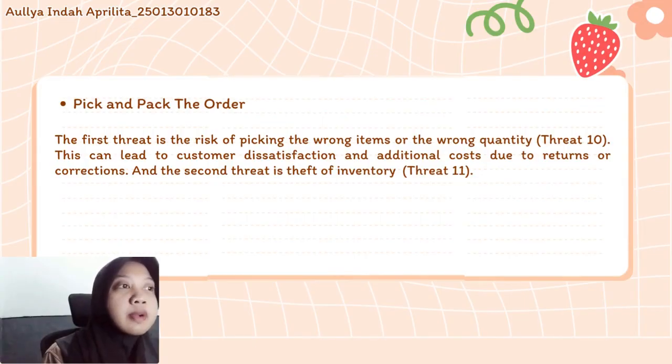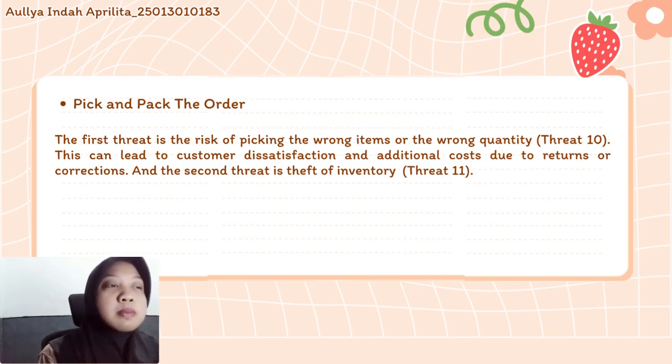The controls that could be used from Table 14.1 about threats and controls in the revenue cycle are Control 10.1, barcode and RFID technology, which requires items to be scanned during picking to ensure accuracy. And then Control 10.2, reconciliation of picking lists to sales order details, which makes the system compare picked items with the sales order. With both of these controls, it ensures that the correct items and quantities are prepared before the shipping process.